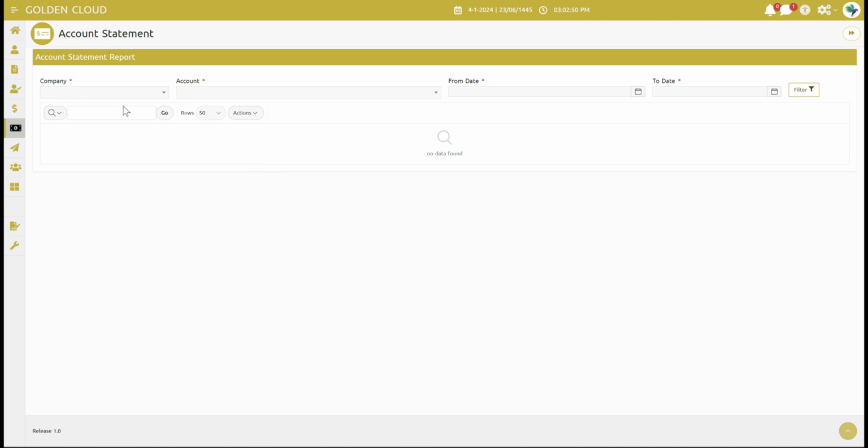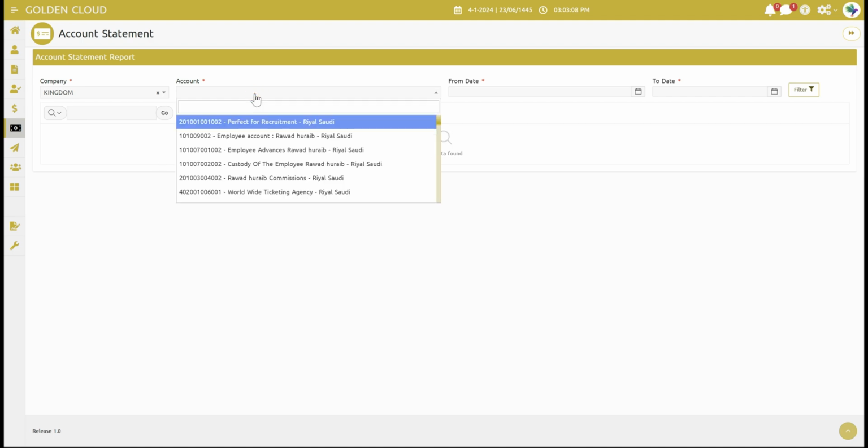So let's begin by identifying the specific company for which you want to generate an account statement. If there are multiple companies, choose the one you're interested in. So we will be choosing Kingdom as a company. Afterwards, you need to define the particular account for which you wish to generate the account statement. This could be a bank account, expense account, or any other account type within the system. So let's go and choose